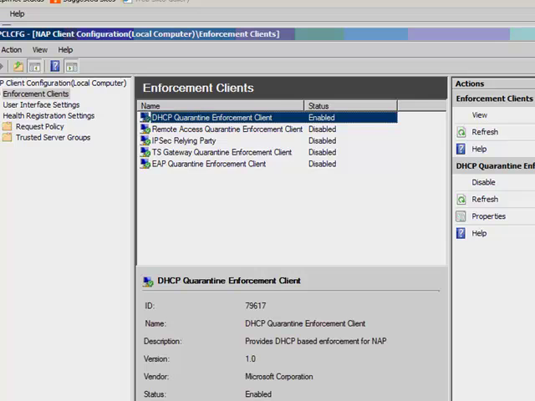NAP is a handy tool that can be used on a domain. You can make domain policies to configure it for your machines using it as a domain policy, or you can configure it individually on your access servers. With